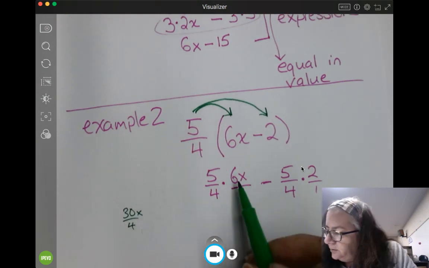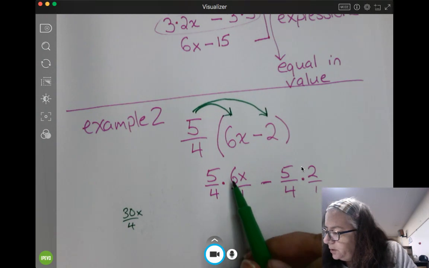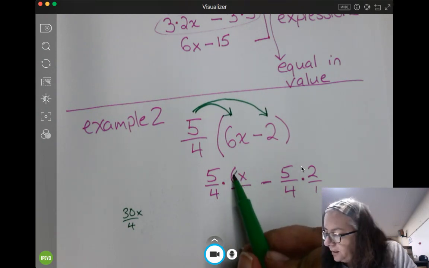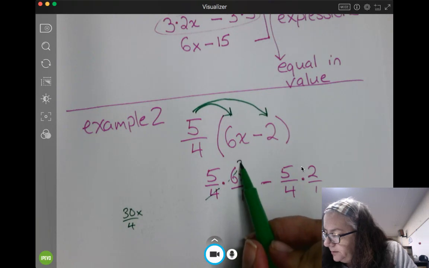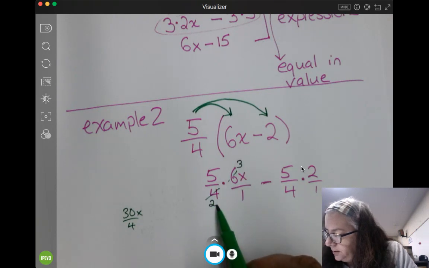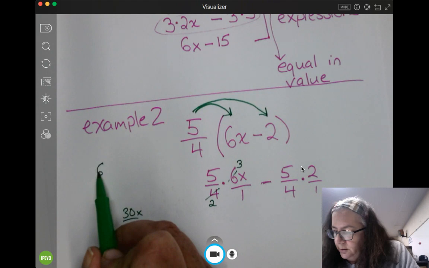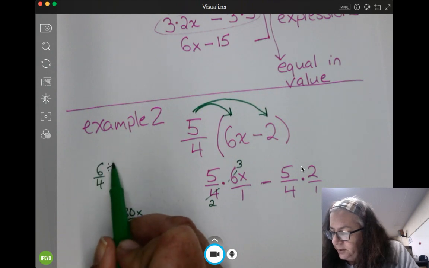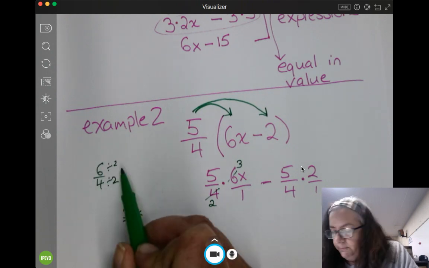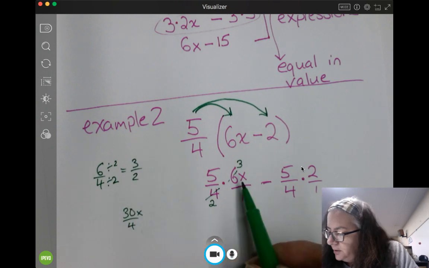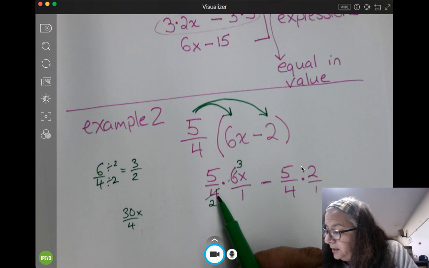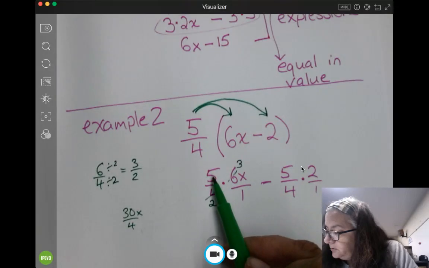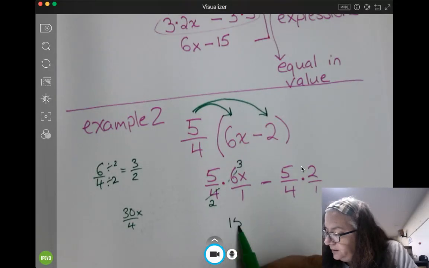But what's easier is to say, hey, if 6 and 4 were their own fraction, I could simplify them already. I could divide them both by 2. So this would become a 3, and this would become a 2. In other words, if I wrote 6 and 4 as a fraction and divided top and bottom by 2, I'd get 3 over 2. So I can just do it right here, and that's called cross-canceling, and it's faster. So 5 times 3 is 15x on top, don't forget the x, over 2,